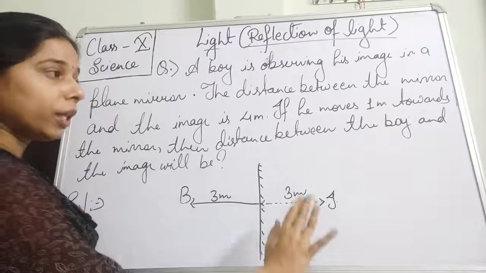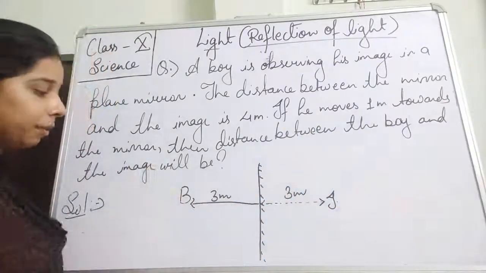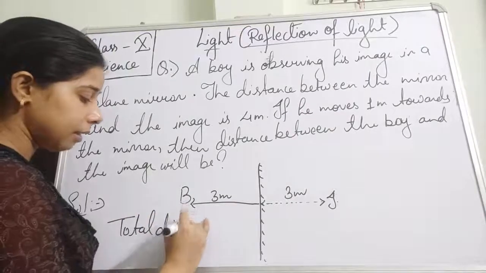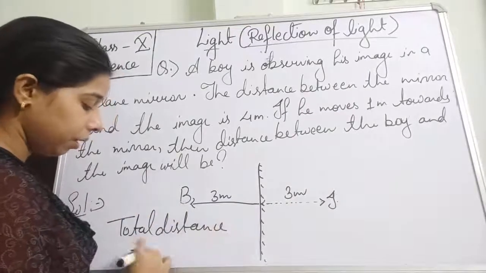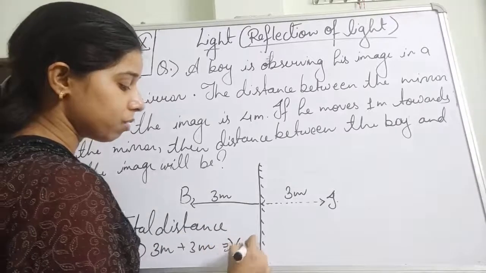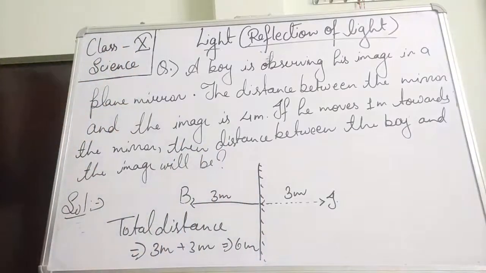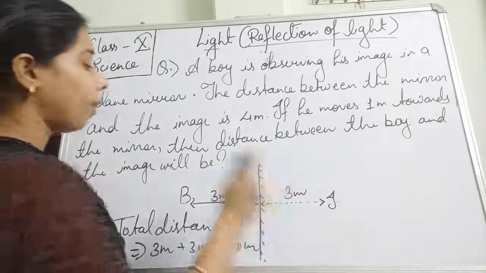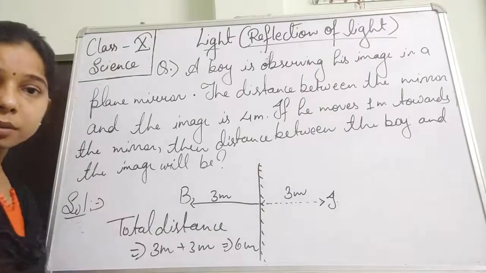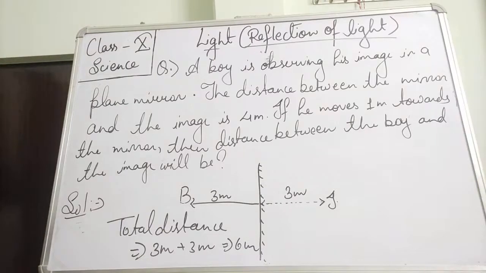Now the total distance between the boy and the image will be, students, 3 meter of the boy and 3 meter of the image, that will be equal to 6 meter. So the answer will be 6 meter. The distance between the boy and the image will be 6 meter. Okay. So this is another question related to that. A question can be asked